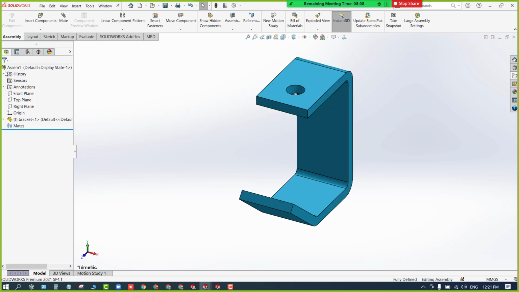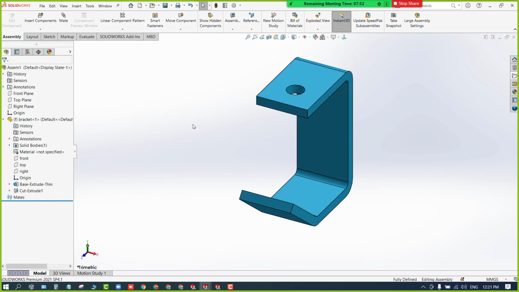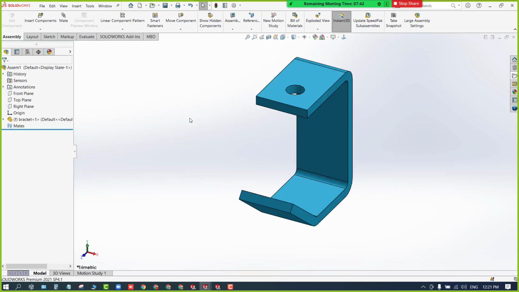You can see this component is exactly at the origin of the assembly workbench. Clear? You can see the origin of these two components now. And this is fixed. Can you see the F symbol? If I right click and float, it is floating, which means you can drag it wherever you want. Got it now? Now I need to add the other components as per this. I'll close this. So we are done with this part.